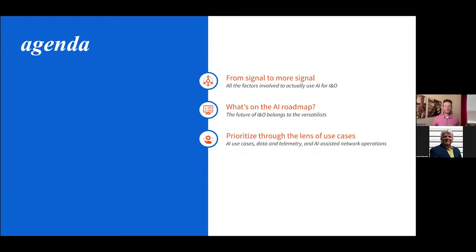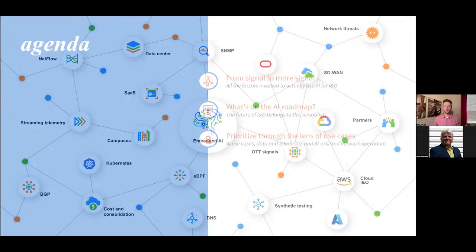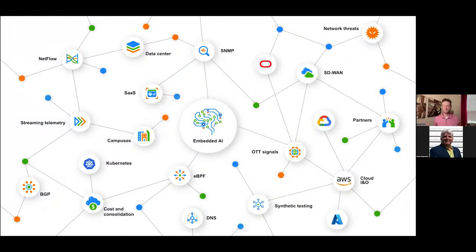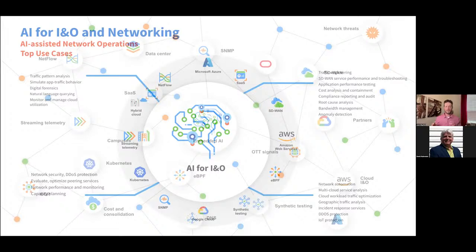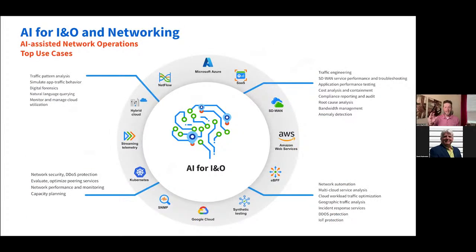So with that in mind, I want to first lay a little groundwork: there's signals upon signals upon signals when it comes to what we can teach all of these things to do. And also what we need to do to understand all of the different complexities around our networks and try to distill things down into something that's digestible. And that's where we get into those top use cases. What really are the areas and the tasks, the mandates that are put on network engineering and I&O teams when it comes to all the things that could be known or can be known about their networks?